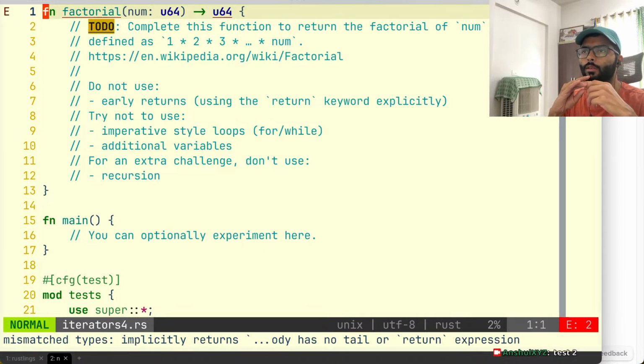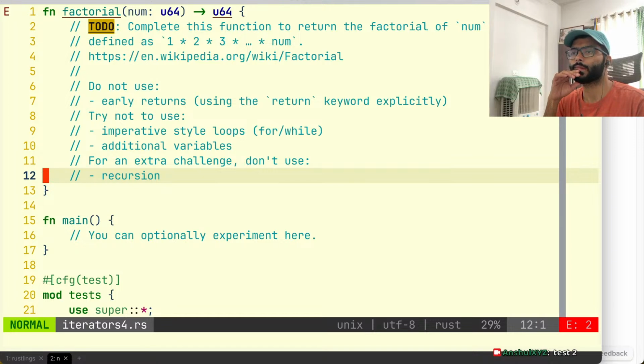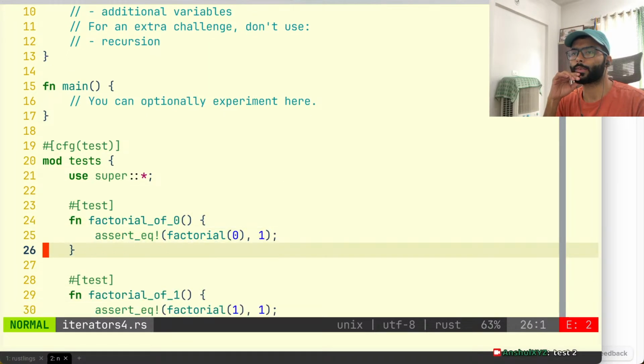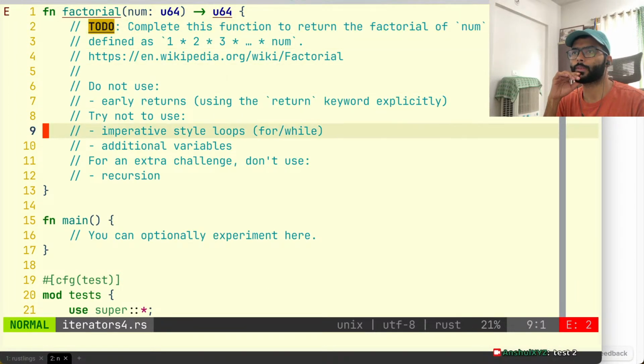Okay. Additional variables. Okay. For an extra challenge, do not use recursion. Then what am I supposed to use if I'm not allowed to use any of this? Factorial. Am I just